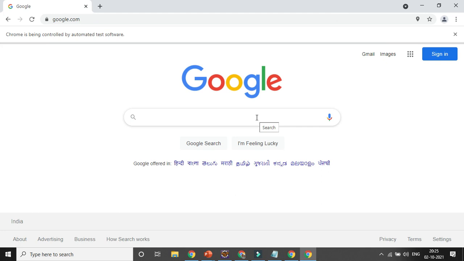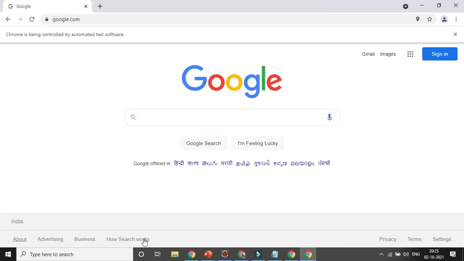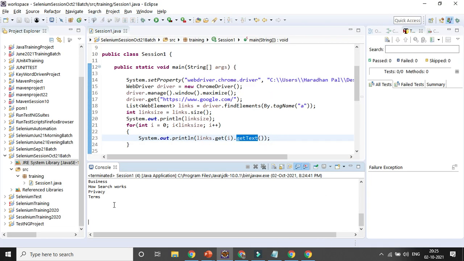Okay, you can see now you will get all the links. I am not closing it. Gmail is a link, Images is a link, English, Bangla, all of this is a link. Java will definitely not be able to understand all of these, so it will give a question mark. You can see Business is a link here. If you go down, you can see Business, Advertisement, everything is a link, so it is getting printed out. Whatever it cannot understand, it will give as a question mark or blank.